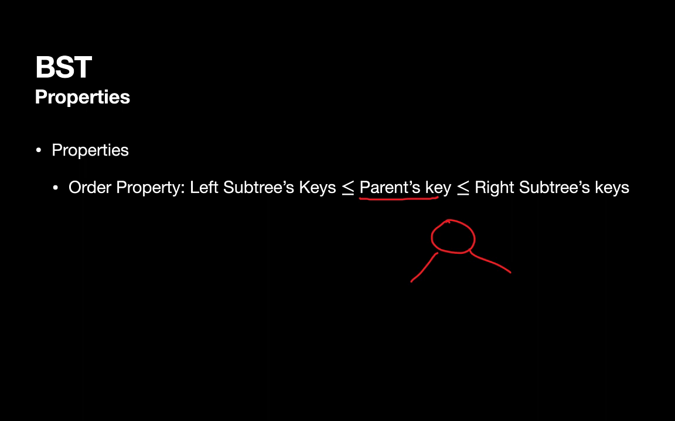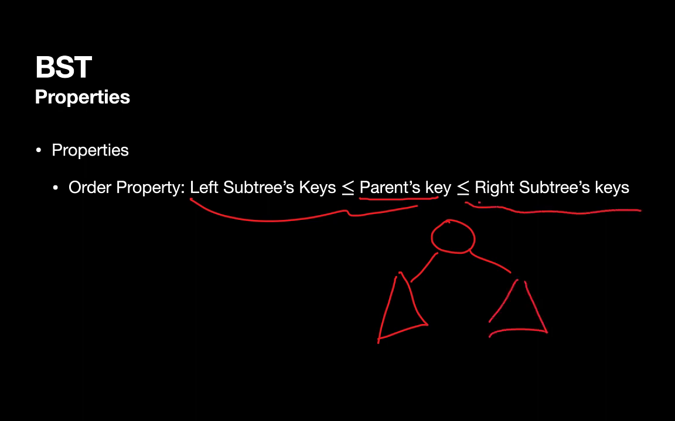The key of the parent will be bigger than everything that's to its left, all of the keys in that entire left subtree. So that's the first part of this relationship. It will also be less than all of the keys in the right subtree. One of our examples just a moment ago